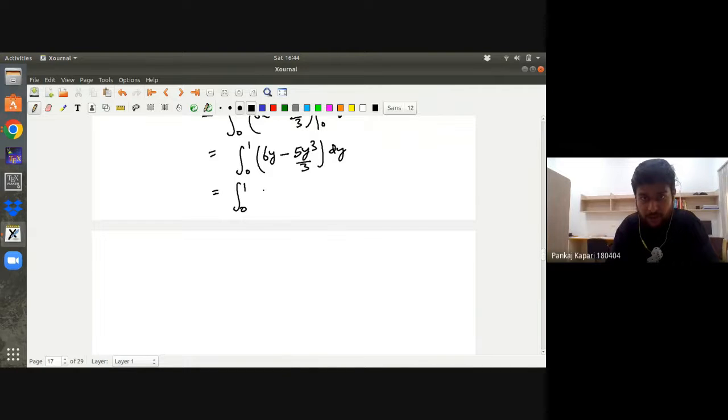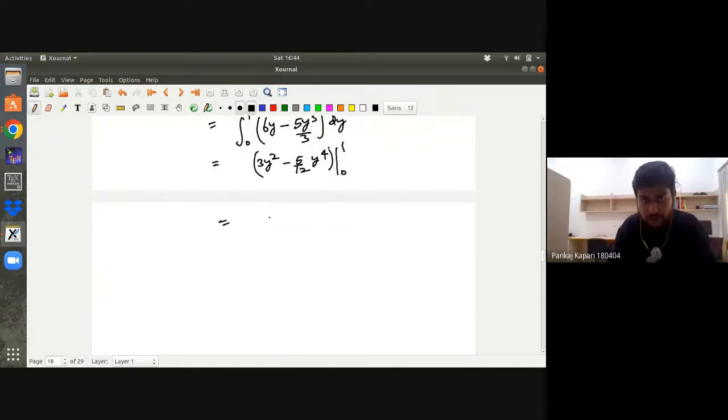So this will become 6y square by 2, which is 3y square, minus 5 times y to the power 4 by 4. So this is 5 by 12 y to the power 4, right? This is our integral, and we have to find values from 0 to 1. Okay. So what are these? When you put 1, you'll get 3 minus 5 by 12. When you put 0,